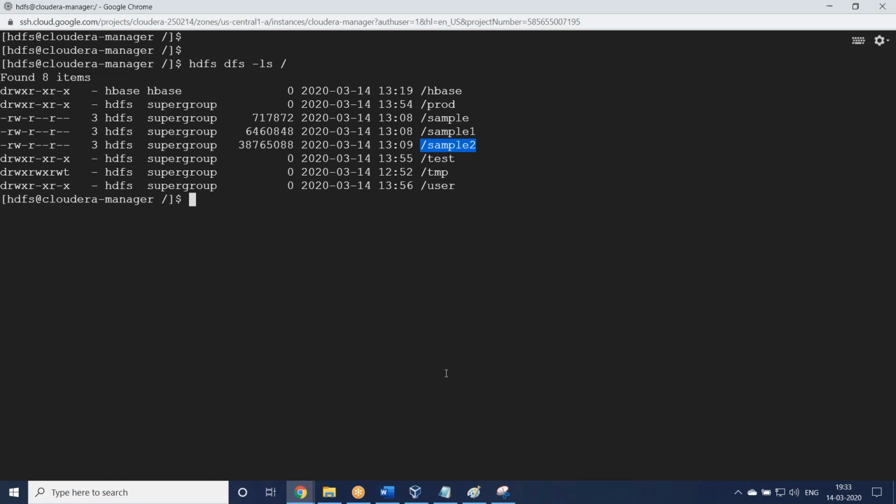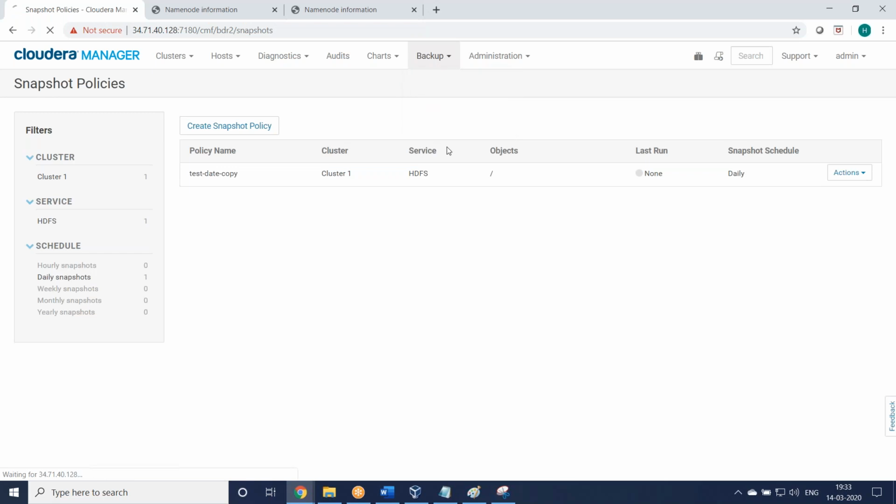Okay, practical also we can see that. So this is adding a snapshot backups. Take a snapshot policy backup. You see, it is not yet started. We can show history, edit configuration, disable. Once it is done, last run it will show when the snapshot has taken a backup, HDFS data backup. Or if you want a complete folder, only one folder you want to enable, you can add it folder wise.